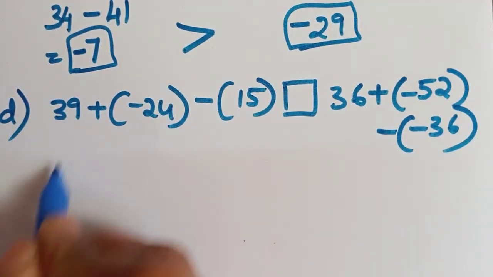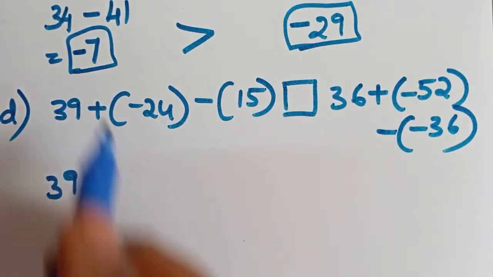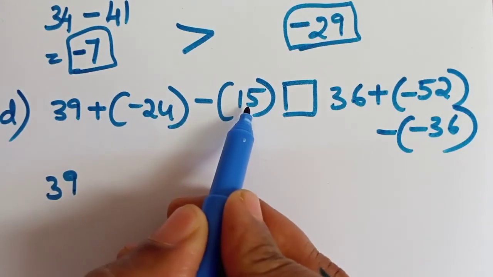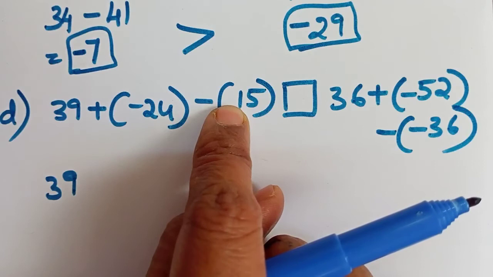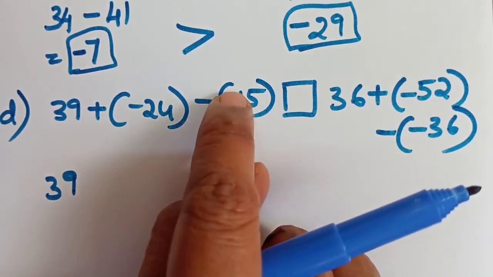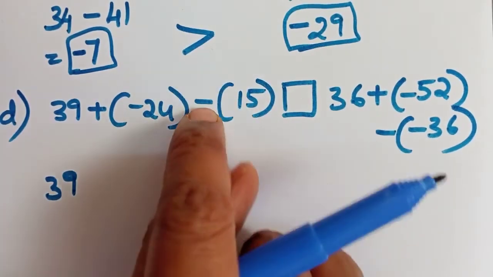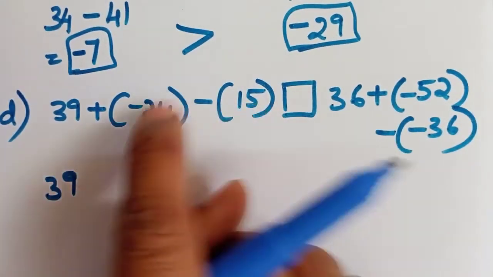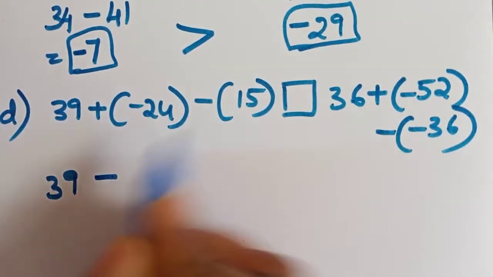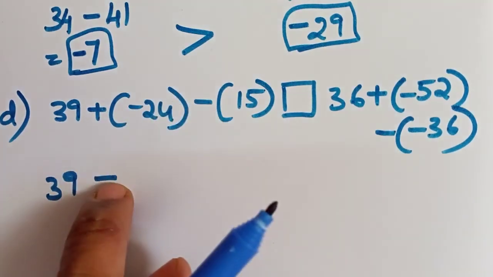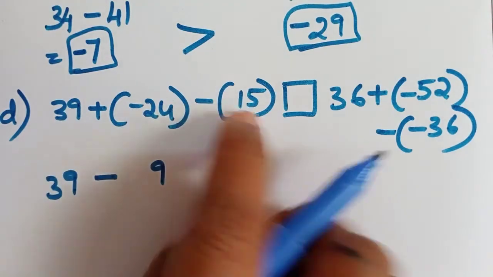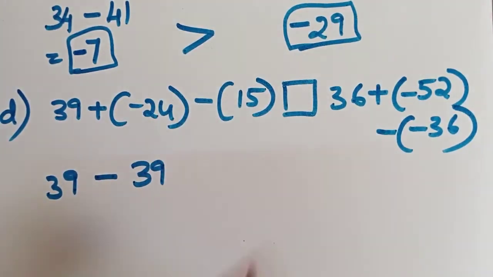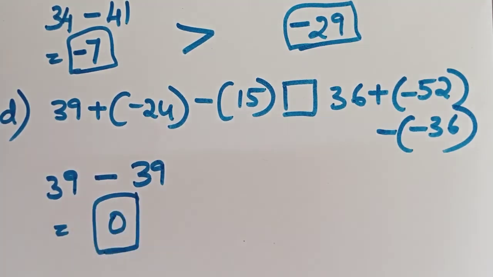First, 39 is positive. Minus 24, minus 15. Both are having minus in the front. See, don't think inside the bracket there is nothing. Inside the bracket there is nothing means it's a positive sign. Minus of plus is minus only. So we need to add these both. What will we get? It will definitely be a minus because both are negative signs. 4 plus 5 it is 9. 2 plus 1 is 3. So it will become minus 39. So 39 minus 39 it gave you a 0.